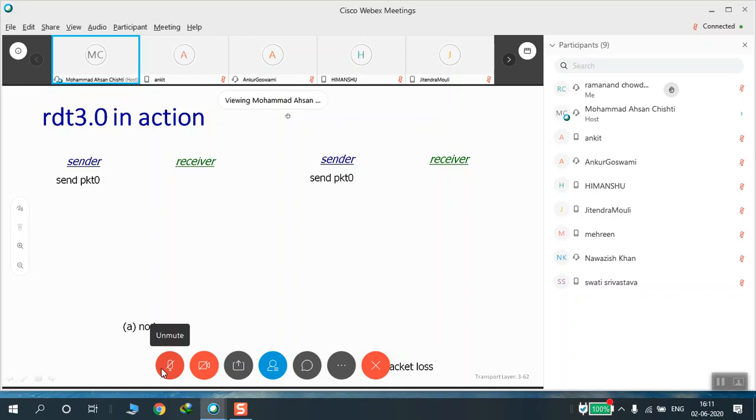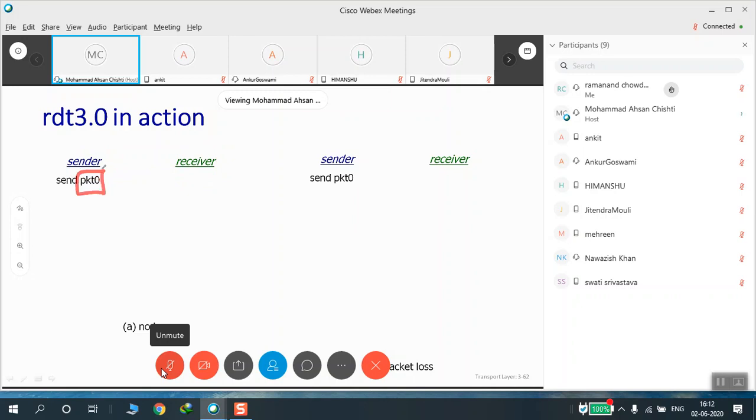Now we know TCP actually implements this reliable data transfer, but we are not starting TCP as of now. We'll first study what reliability is. To understand this, we have two things here. One is the sender, another is the receiver. We have a connection between the sender and the receiver. The sender sends the first packet, that is PKT0.